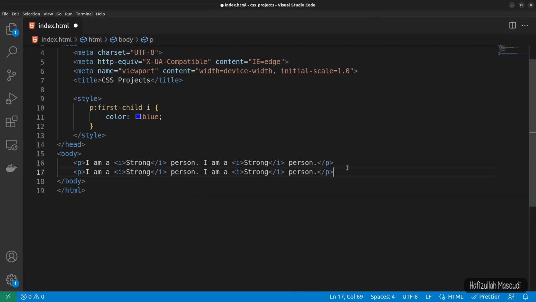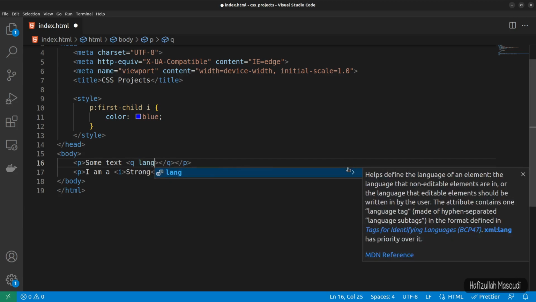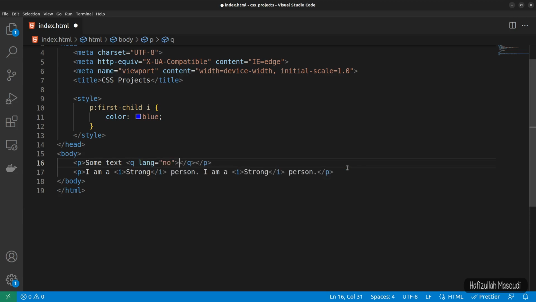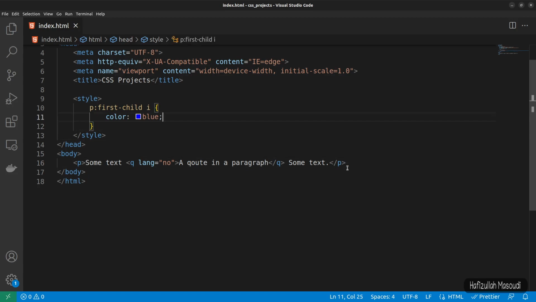So let's remove it, and for the first paragraph let's remove the text, and let's say some text, and let's declare a q tag, and for this one we want to declare a lang, so it will be no, for example, and let's say a quote in a paragraph, and after the q tag let's say some text like this. So we can remove the second paragraph also,